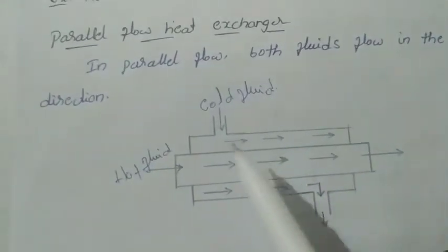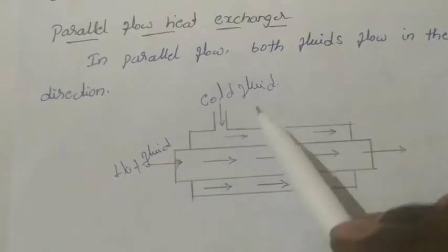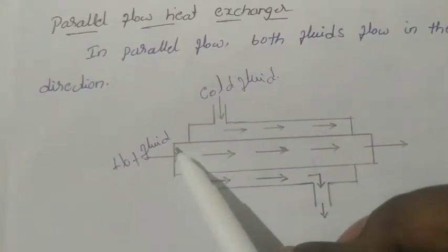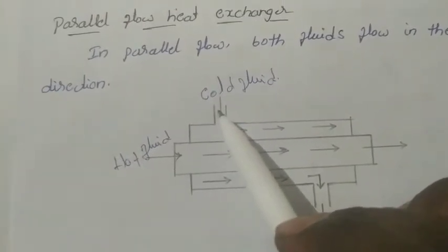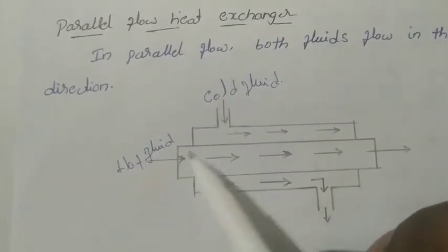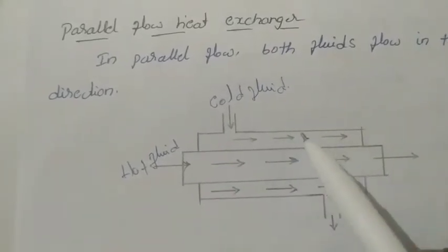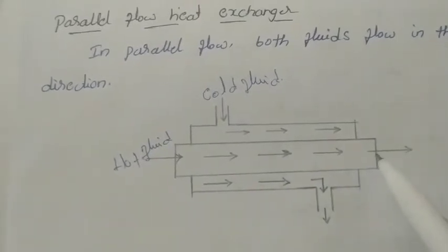Observe that in this type of heat exchanger, the temperature difference between the hot and cold fluid at this initial point has some value, but when you go to the next position, the exit temperatures,